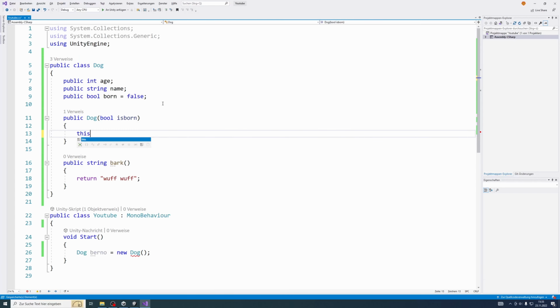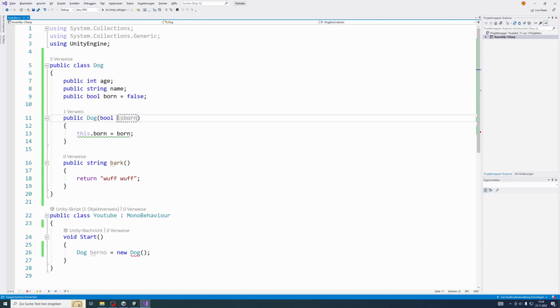But what I could also write is this.born equals isBorn. This always stands for the actual class that we are working in right now. The benefit of using the keyword this in this context is that we could give our parameter and our attribute both the same name, which is born, for example. That is working because this.born specifies that we are talking about our attribute born, and if we do an equals born, the compiler recognizes that the second born must be the parameter that we gave to our constructor method in this case. To be honest, I don't like this though, so I'm gonna rename my parameter born to isBorn again,